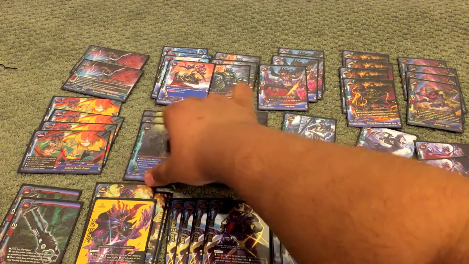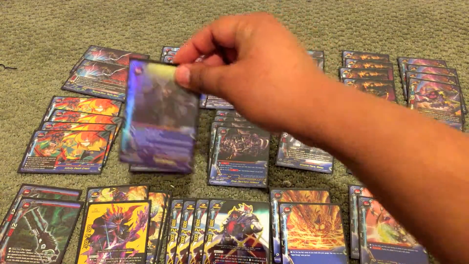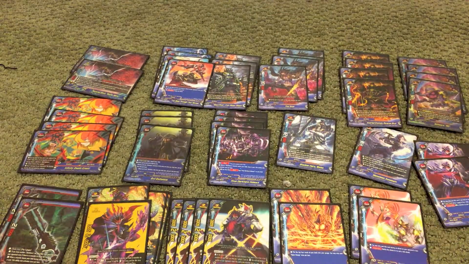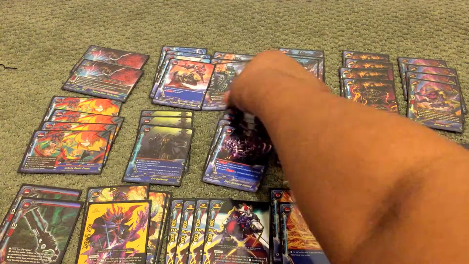I run the 3 Evil Aesthetics for recycling and recursion. And the 4 are generic nullifies. Yes, I know the different arts because I have a lot of different Hero World decks, in all honesty. And I have 3 copies